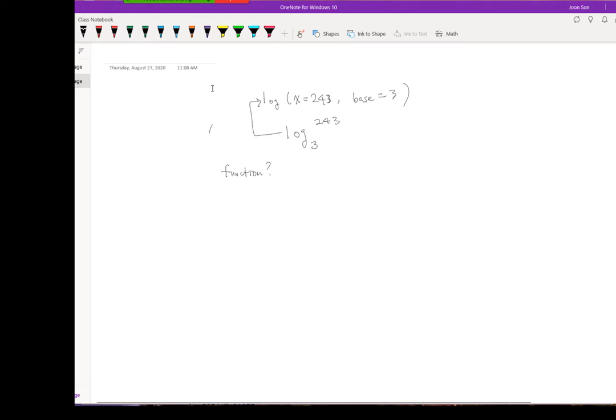We learned functions in middle school or high school. You can think of a function as a black box. You have an input, and it could be multiple inputs.